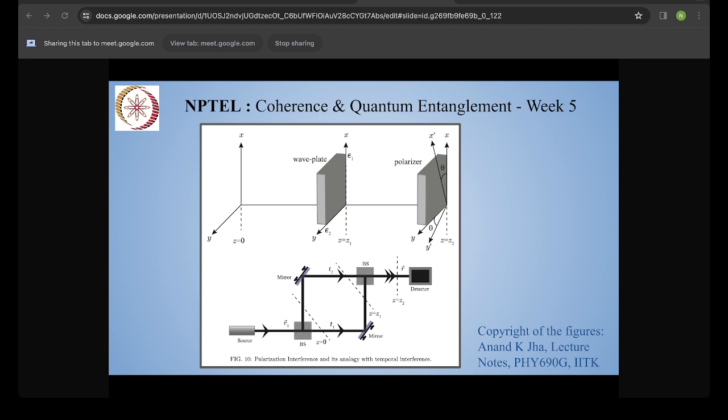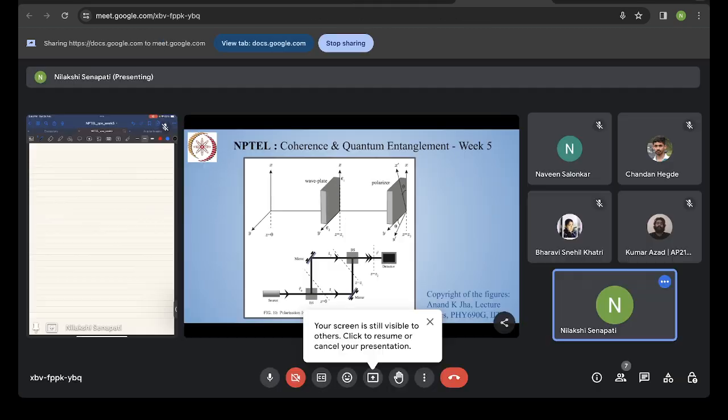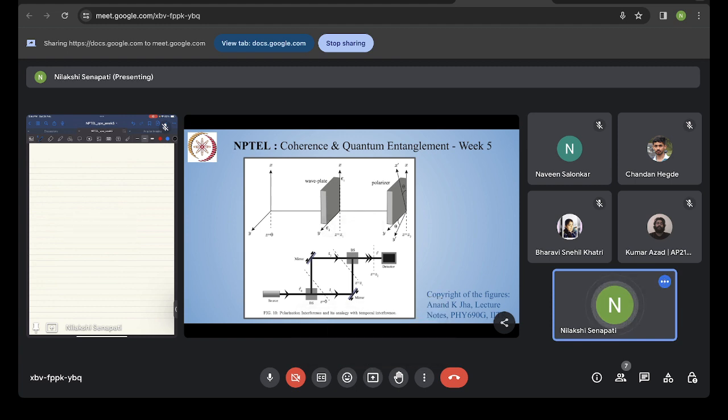But whatever I am saying, if you have not followed that lecture notes, then it will be difficult. So that's why I started with similar things which were already done in the lecture, but now I'll directly write the formulas which are important for you in your examination. So I hope you have the idea why we are doing the coherence theory in the polarization degree of freedom. The formulas which we are going to use here,